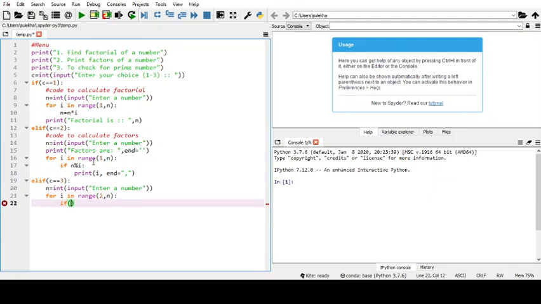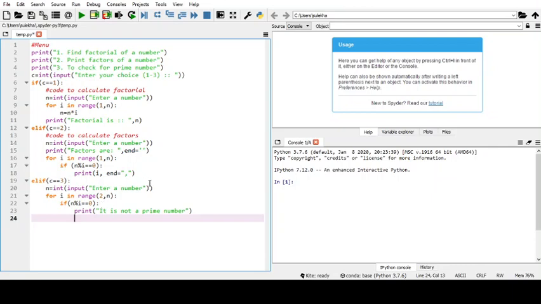If n mod i is equal to 0, here again we need to write equals to 0, then print i, it is not a prime number, and break.